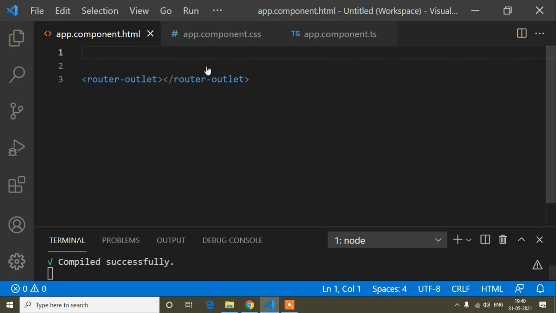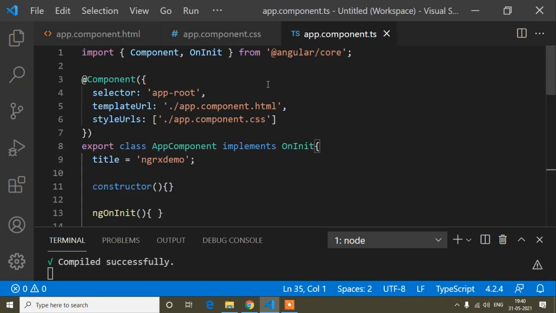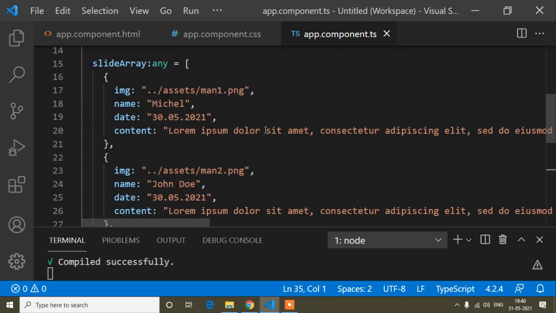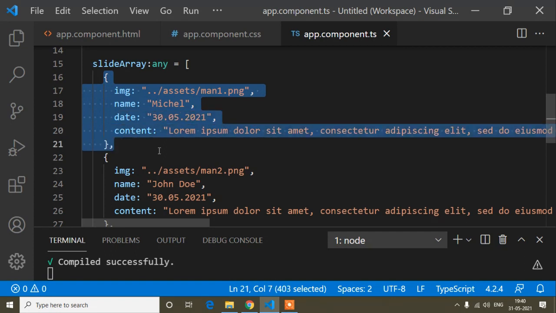So guys, here you can see I have opened the app component HTML file, the app component CSS file and the app component TS file. Here you can see I have created an array. The array name is slide array, and here I have added some objects. These are the slides actually.